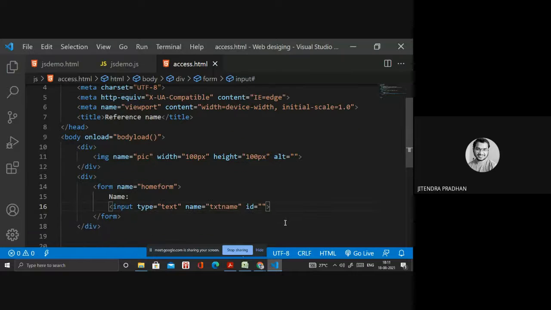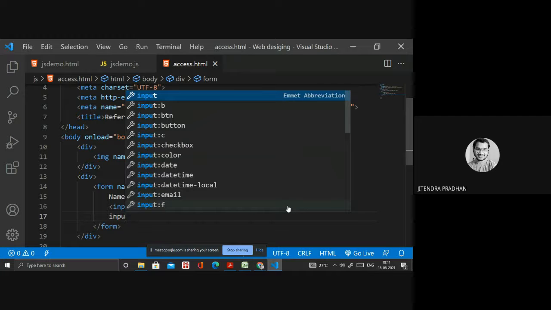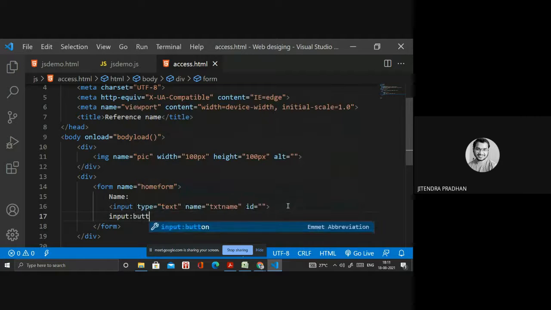Okay. Next, I need a button. Input, inside I need a button. I write input button. Then I need a name also for reference purpose.